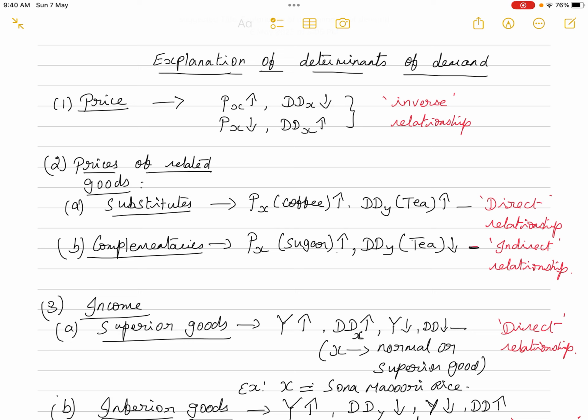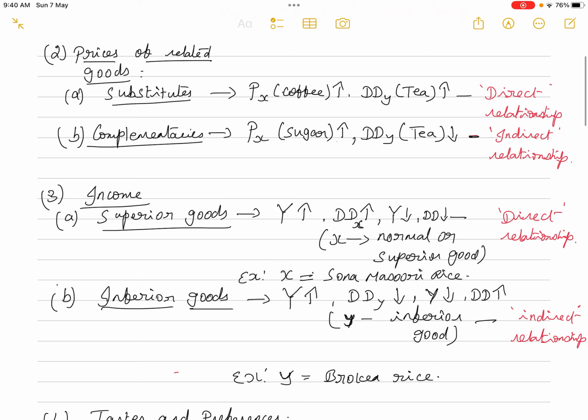For the substitutes, it is a direct relationship. For the complementary goods, it is an indirect relationship. Okay. Then the third factor that is equally affecting the demand for a particular commodity is the income of the